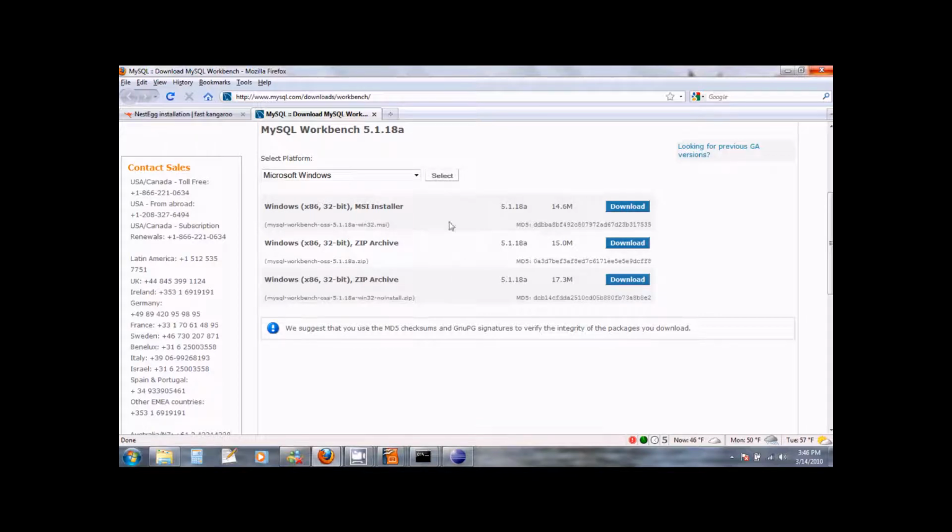Please select the one which works best for you, and you can download it by clicking on the download button. Once you have downloaded the MySQL Workbench installer, you can go ahead and run it by simply double clicking on it. Follow the MySQL Workbench installation wizard by accepting the defaults, and this will install the MySQL Workbench on your computer.